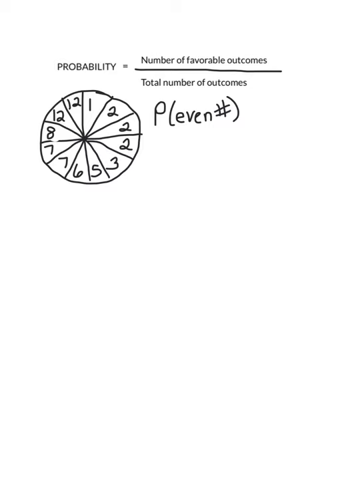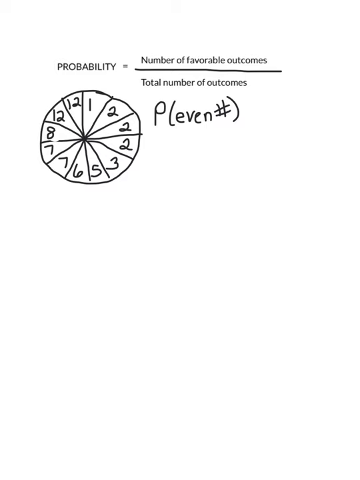This is going to be a little review of probability, which we covered earlier in the year. Probability can be written as a fraction, a decimal, or a percent. To find probability, we first write it as a fraction, the number of favorable outcomes over the total number of outcomes. The first problem that I wrote down was let's find the probability of an even number on the spinner